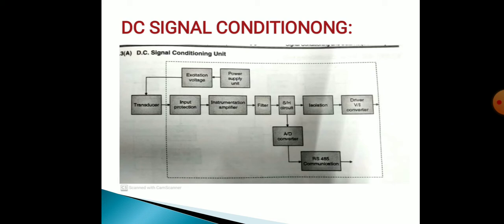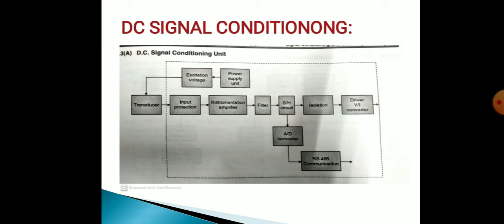Input protection. It is used so that the transducer is isolated from the signal receiving unit and protected from high voltage transients. A metal oxide varistor gives transient protection by passing voltage surge to ground. Instrumentation amplifier. A low amplitude DC input signal is amplified using an instrumentation amplifier. This also prevents the loading effect of the signal. Common mode signal is blocked and differential mode signal is amplified.